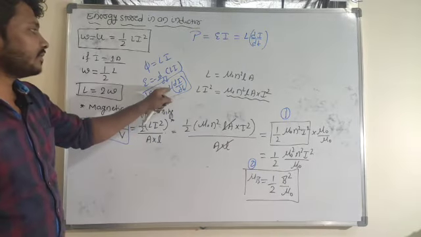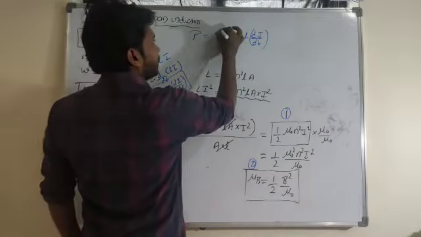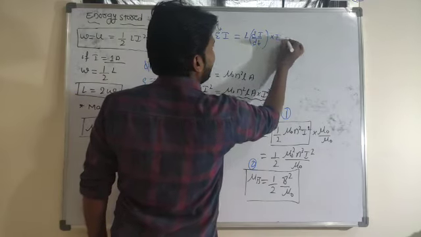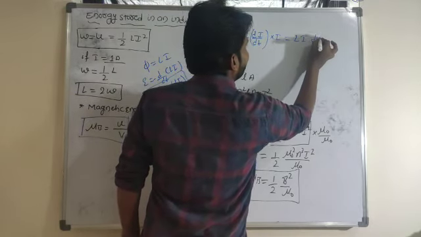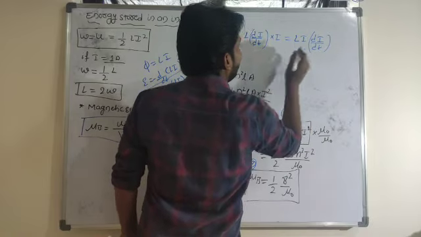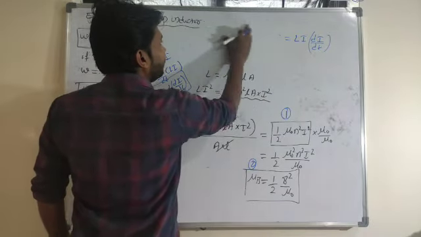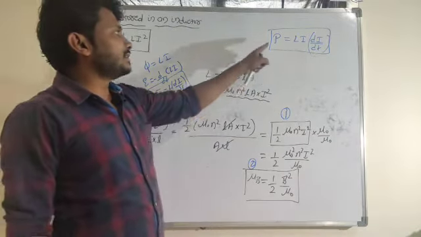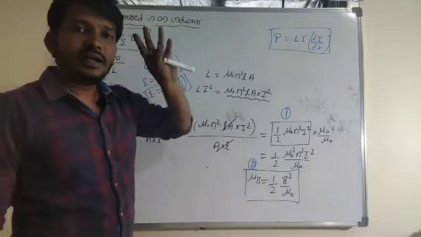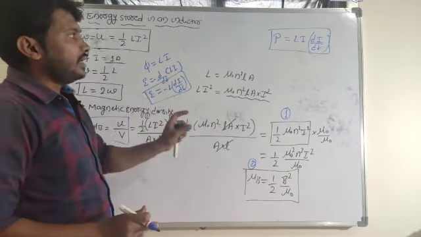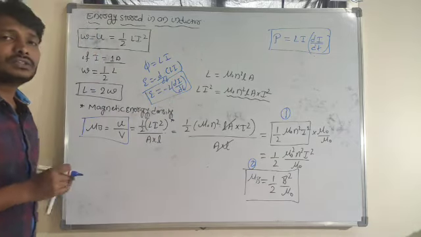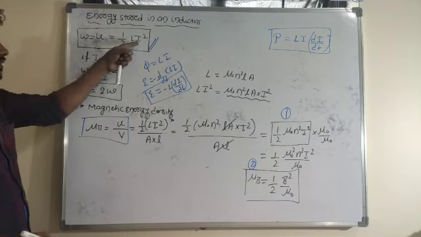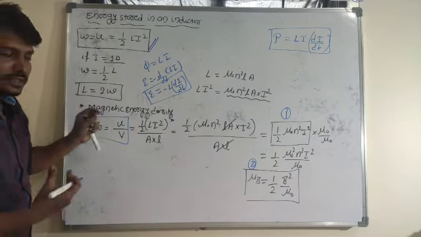So E is equal to what? Minus of L into di by dt here. So wherever E is there, L into di by dt. Only magnitude I will take here, so I can consider L into I into di by dt. So what is the expression for power here? Power in case of self inductance, P is equal to L into I into di by dt here. So this is the required equation for energy stored in an inductor. So energy stored in an inductor is half of L into I square. If I is equal to 1, self inductance is twice the work done here.